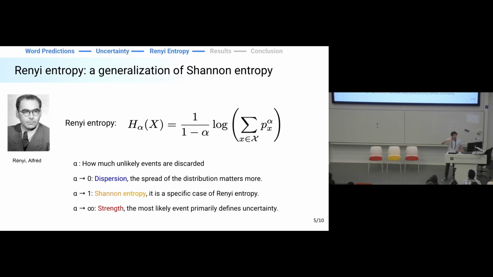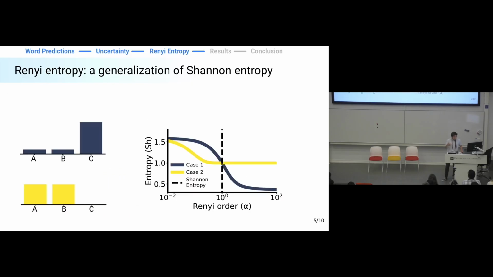Great. And if alpha becomes big, the only thing that matters is the most likely event. You discard everything that is not the most likely prediction you're going to make. And so if we come back to our 3 event distribution, then sure, they still have the same Shannon entropy when alpha is equal to 1, but as soon as I change the balance between likely and unlikely events, then suddenly the uncertainty shifts. And they're not described by a single value, but rather by an entropy profile that is a function of alpha.